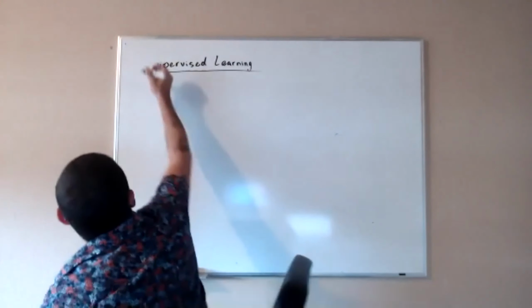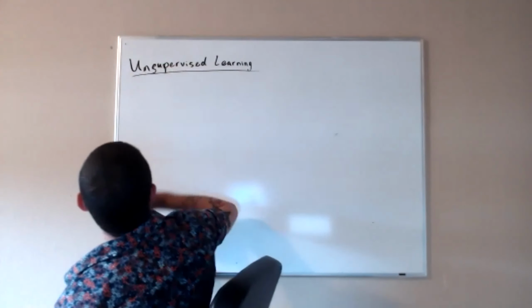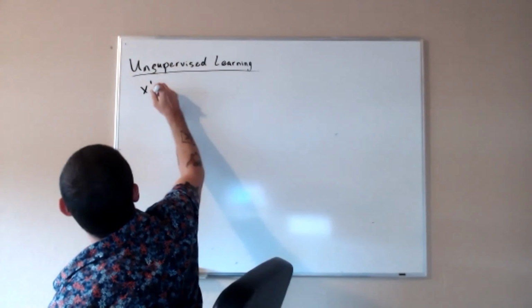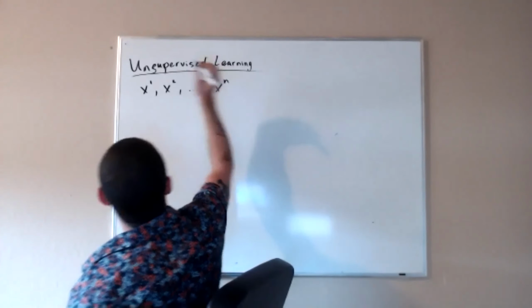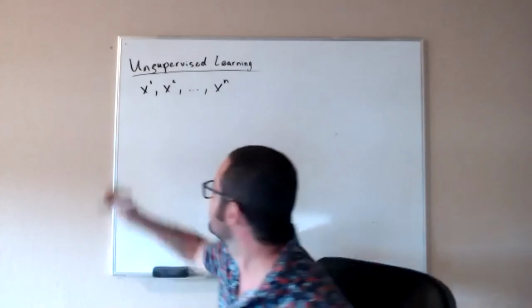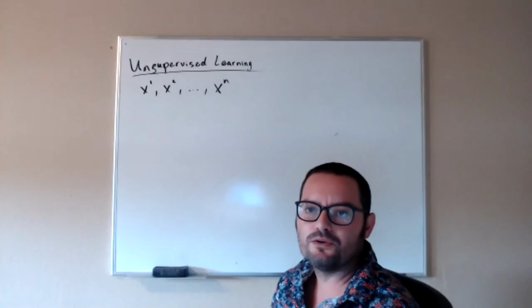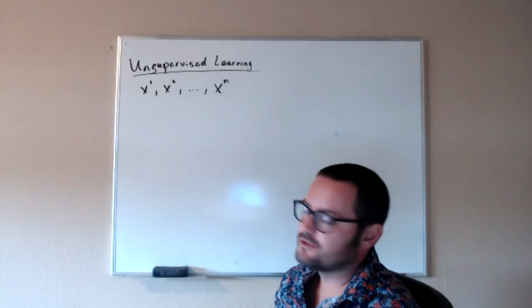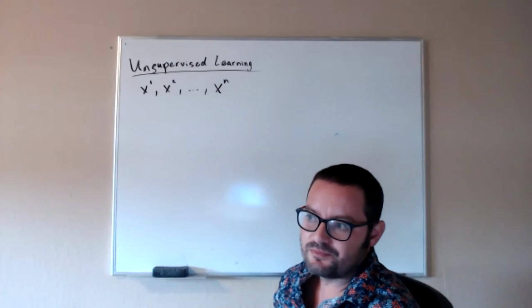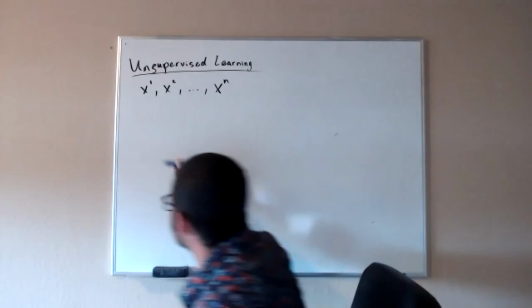Okay, so the next one is unsupervised learning. Here, you have features that have been measured, but you don't know the labels. And the job of unsupervised learning algorithms is to make predictions as to what the possible labels might be on that data set. So for example,